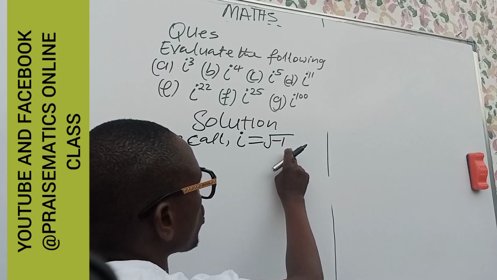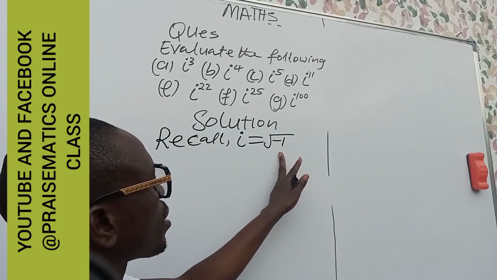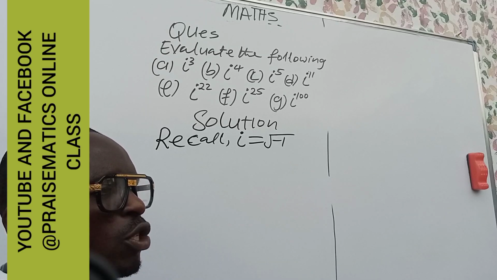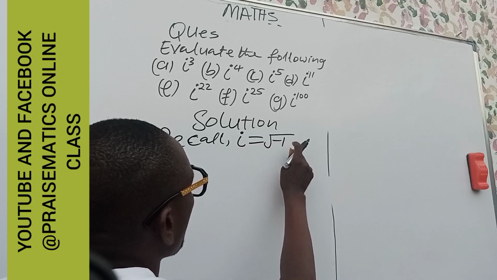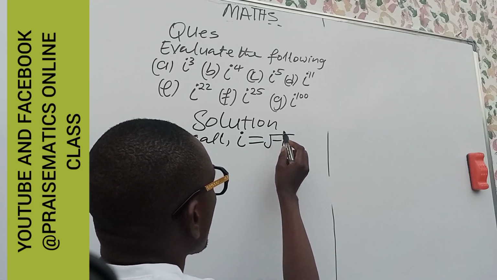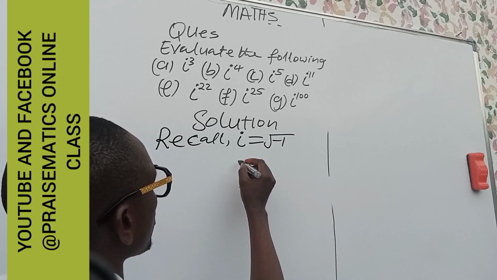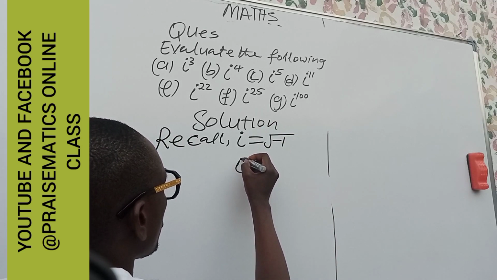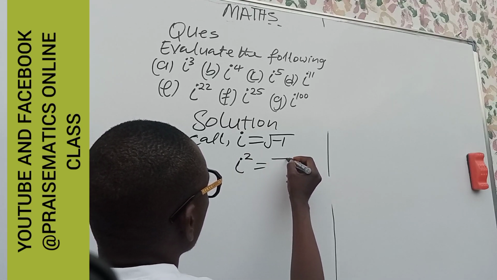I want this minus 1 to stay as the subject of the formula, so what will I do? I will square both sides in order to remove this square root. Because of the presence of the square root, we have to square both sides. Now, the square of i is equal to